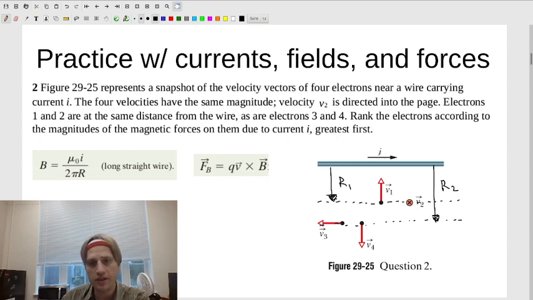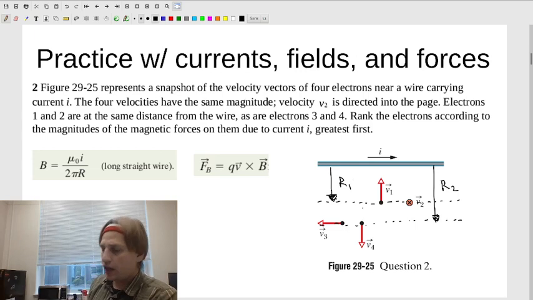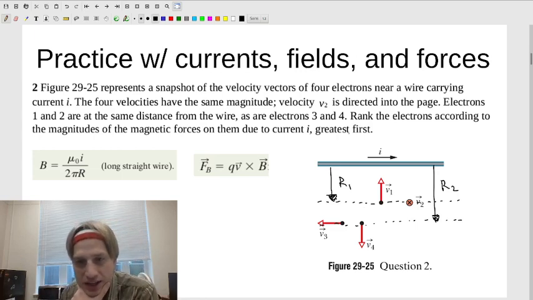What direction would we expect our magnetic field in the plane of the page to be pointing? When you do that, you have to put your thumb in the direction of the current and then curl your fingers, and your fingers should be pointing at a right angle to the palm of your hand. In this case, in the plane of the page, our magnetic field would be pointing in. So I have a B1 here, and it is going to be pointing into the page. I also have a B2 here,